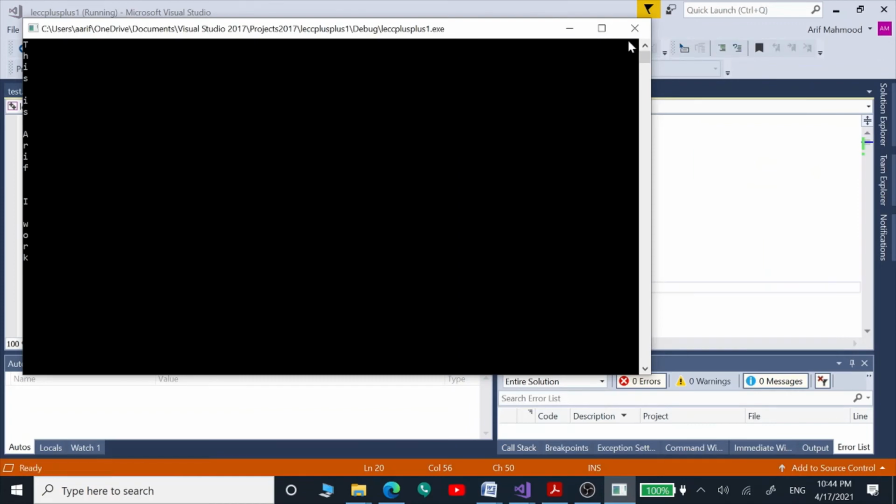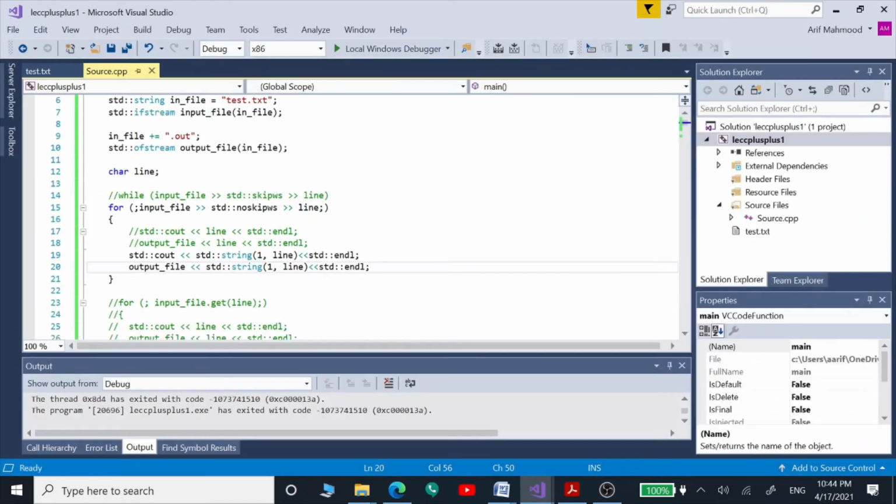This is the way we can convert using this string function on this line, which is a character variable. This string function is going to convert the contents of this line variable, which are of type character, into string.